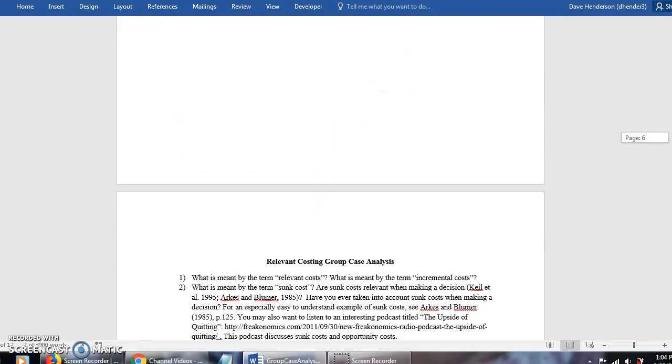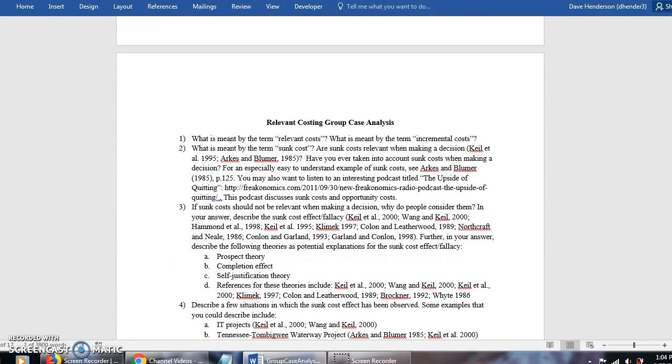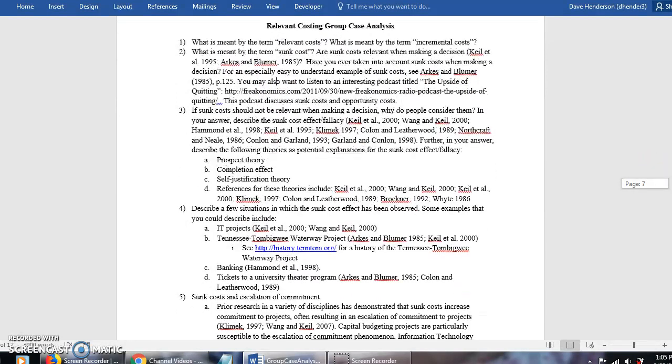The next option that you could do is on relevant costing. So here I'd ask you to do some more background questions to find a relevant cost. What's meant by an incremental cost? What's a sunk cost? Why do people still consider sunk costs even when they shouldn't? And that gets into some of these. And so then here's some